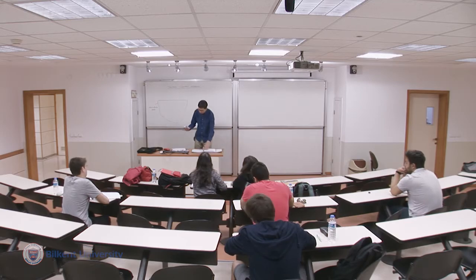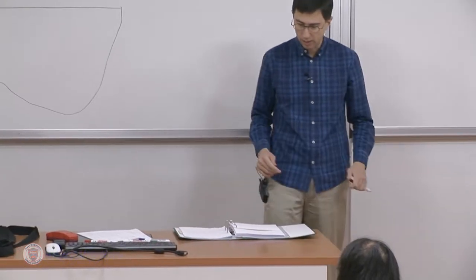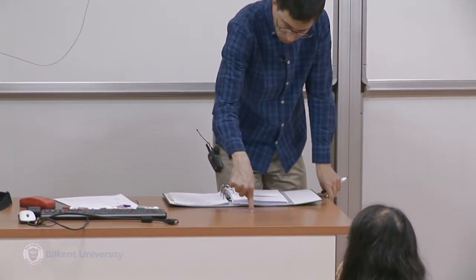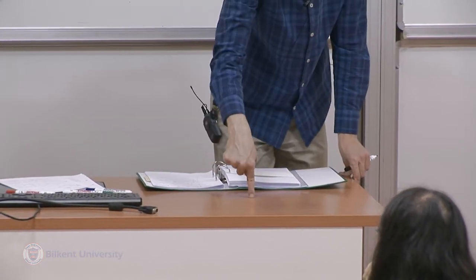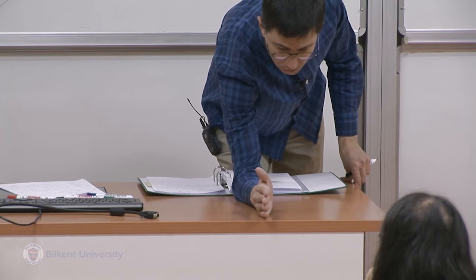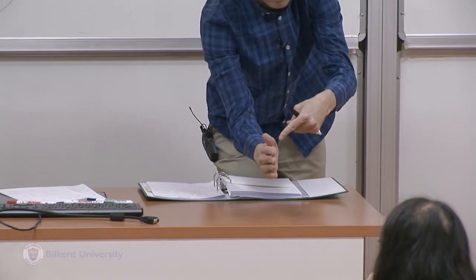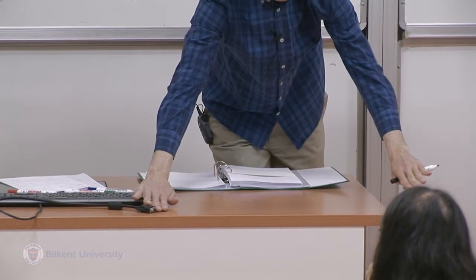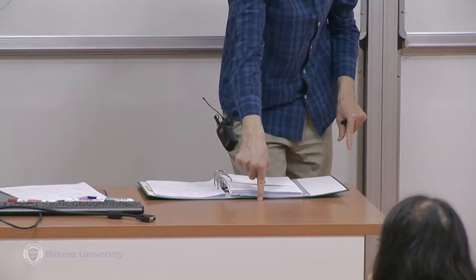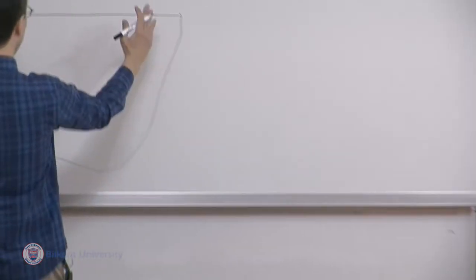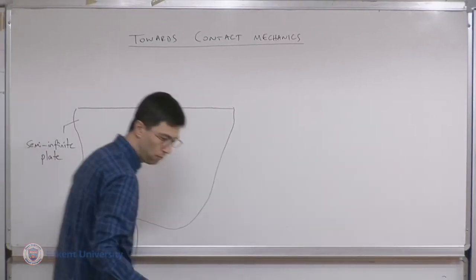Now, let me actually correct one thing that I did not quite say correctly. It's not going to be a point force because that would be a three-dimensional problem. So I'm going to put a line force. But when you look from the front, what you will see is that it's like a 2D problem, and you're just going to see force per unit length. So when I draw this problem, it's a line force, and that force is going